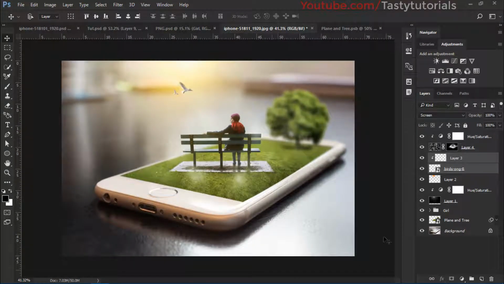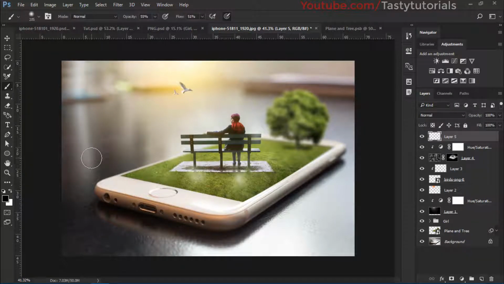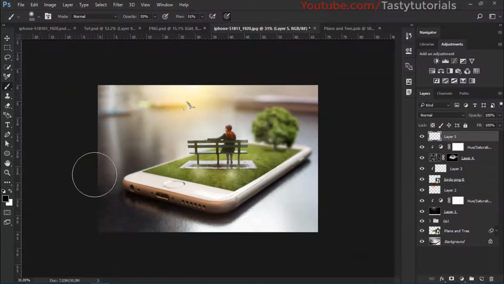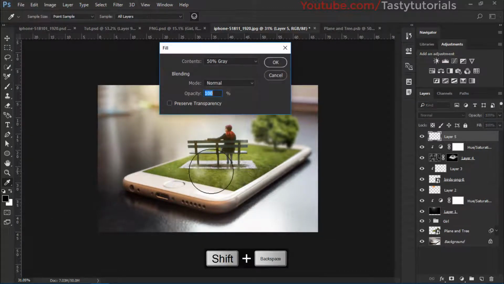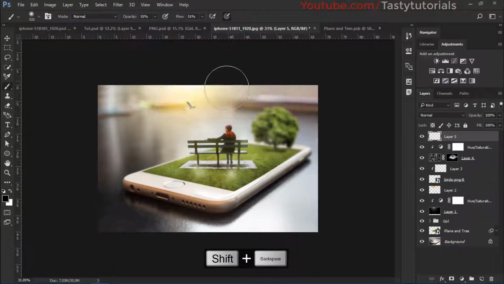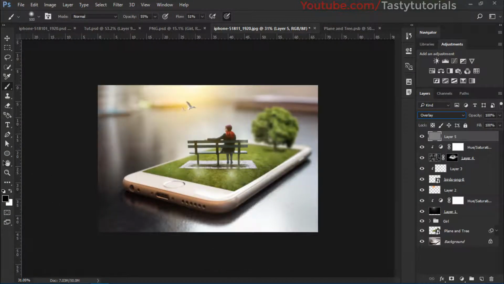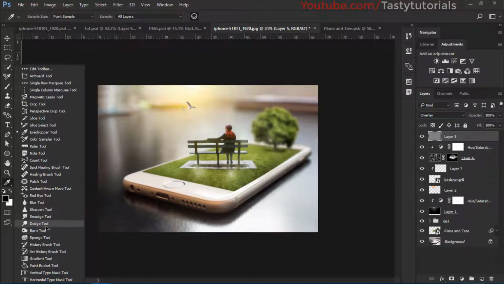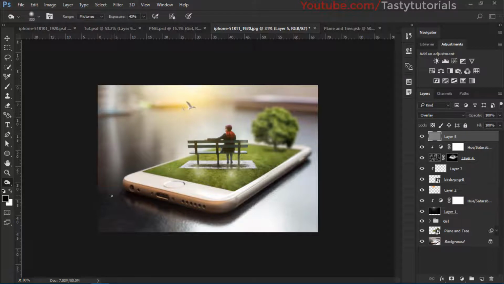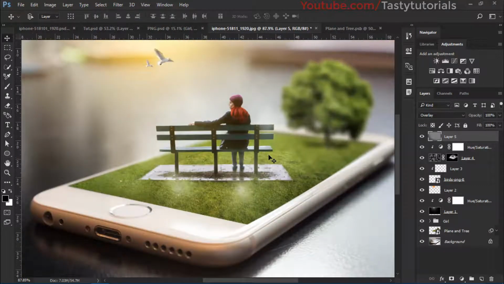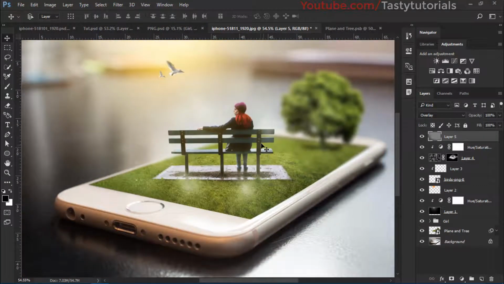Now we wanna darken the sides, so we'll create a new layer, select brush tool, size it up, and instead of brush tool we'll fill this with 50% gray and make it overlay. Then we would like to go to the burn tool, sorry, it's a dodge tool. Size this up. Once you're satisfied with the output, and as I am satisfied with this,